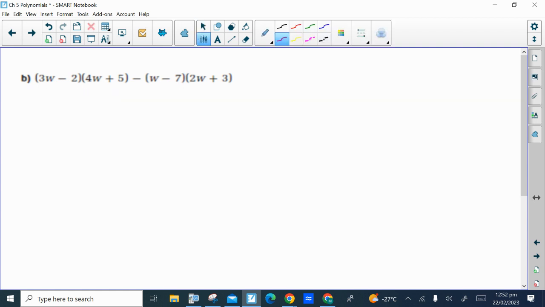Now what's different about this one is you've got this minus sign, you're subtracting. But we have to start by doing the multiplying first. So using distributive property, it would be 3w times the 4w plus 5, and then the negative 2 times the 4w plus 5,